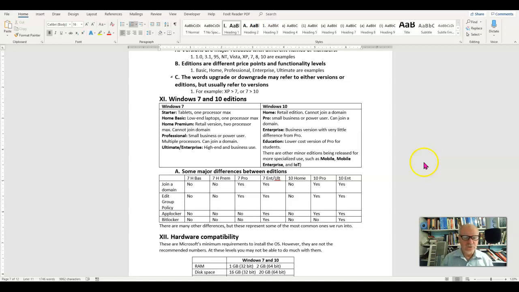When it comes to Windows 7 and 10 editions, you're most likely only going to run into the Windows 10 editions on the MTA for Microsoft, the certification, although I would have the 7 editions in mind as well, just as a reference in the back of your head. Windows 7 came in a Starter. These were just one processor, tablet type edition. Home Basic, which is typically what you would get if you went out and bought a small laptop with a